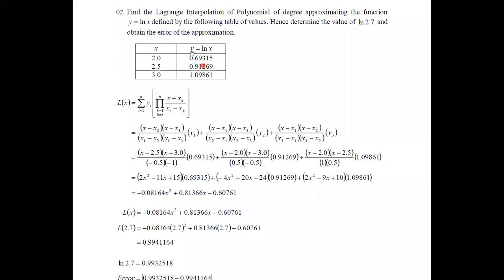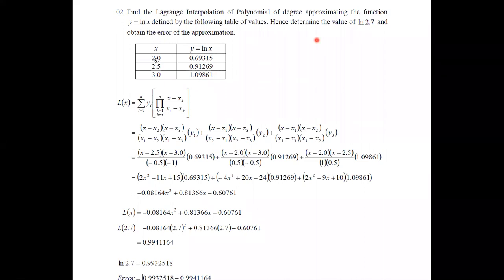Therefore, y equals ln x gives the function values, and they ask us to obtain a polynomial which satisfies this set of values. In the previous session also, I told you that even though we have these functions, using the interpolation techniques we are trying to obtain the polynomial which suits this set of values. Even though it comes from the natural logarithm of x, here we are going to identify a suitable polynomial for this set of values.